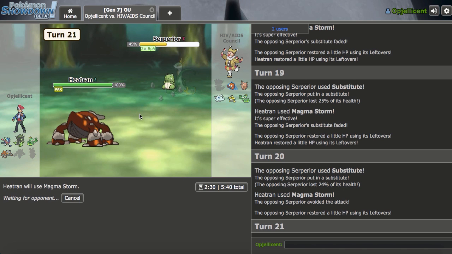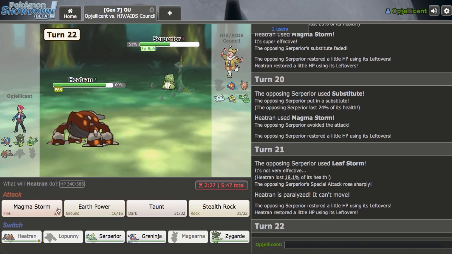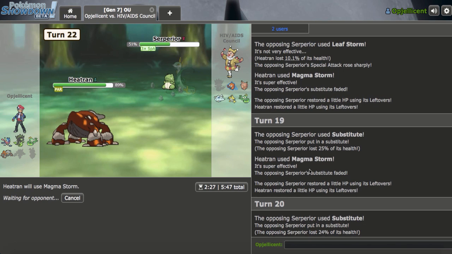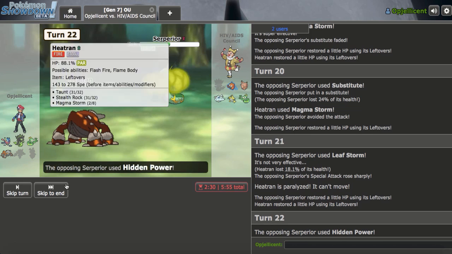So what's this at? Sub, Glare, Leech Seed, Leaf Storm? That's probably it. Maybe Zygarde can win on its own too? Maybe he doesn't have Leech Seed. Alright, I'm not getting any attacks off. Well, actually, I got 1 off. Actually, I think I got 2 off maybe? I hit 2, and then I unfortunately missed 1 and got paralyzed on 1, so...